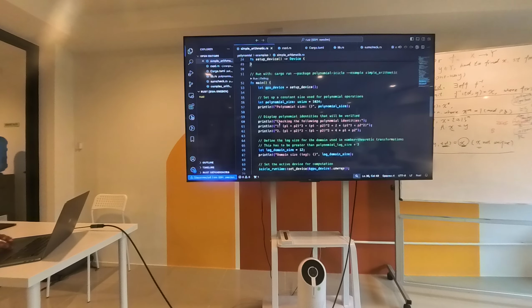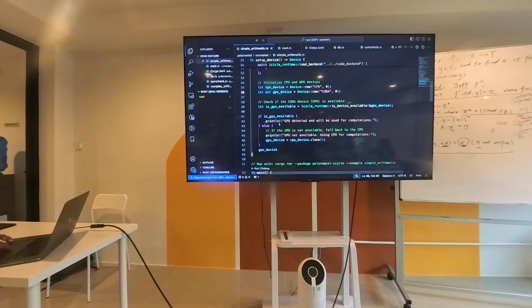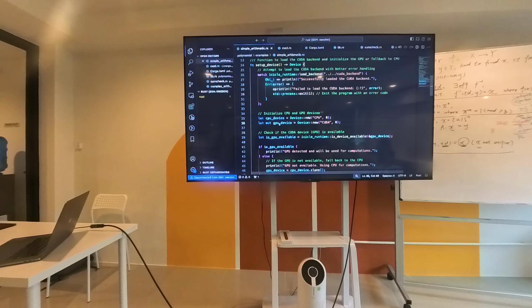Okay, so when I say you can use multiple GPUs, it's pretty easy to use in Icicle, and here's how you can use it. Let's say you have two GPUs. All you need to do is define a GPU device with an ID. The second parameter is the ID. So you start with 0, and then if you do